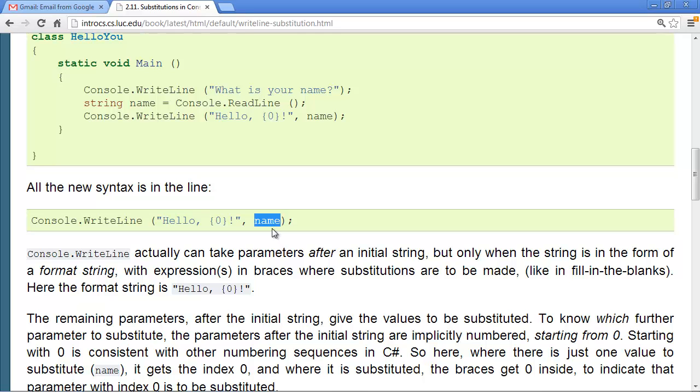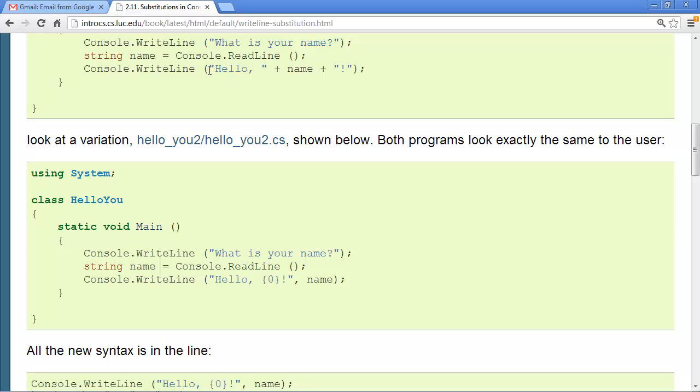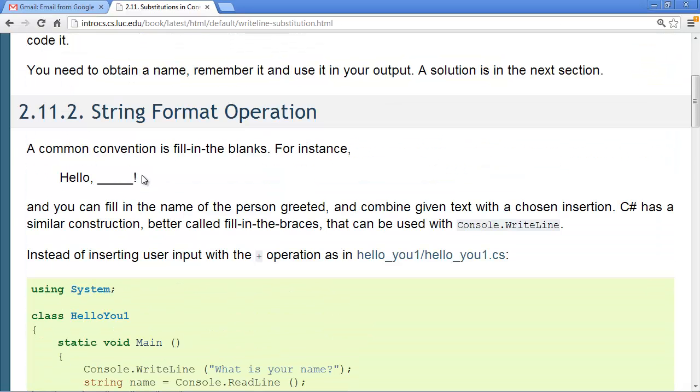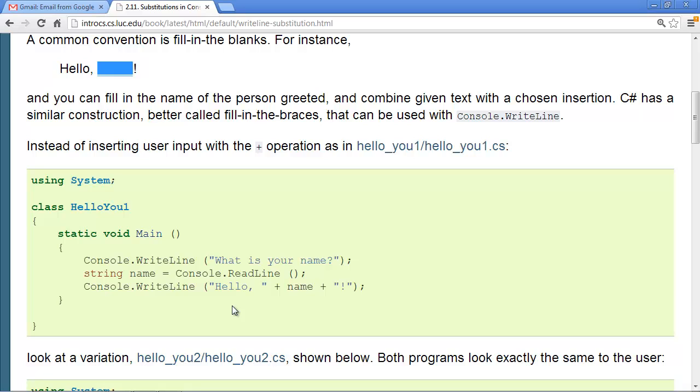We'll illustrate that shortly. In the previous version, each of the canned parts was a separate literal string, and we concatenated in the parts where we were making a substitution in there from a variable. The alternative here is to have just a single literal string. It includes both of the canned parts, hello here, and the exclamation point. And this is more in the form of the fill in the blank. In place of the blank here, we have